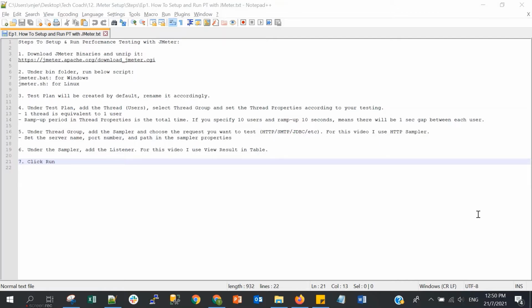Performance testing is needed, let's say, if you launch a new website or you upgrade your backend system for your website. You might want to test how your new website is performing. So you might need to simulate how many users will be accessing the website, and you need to test and see the CPU utilization from that performance testing and how much memory it consumes.